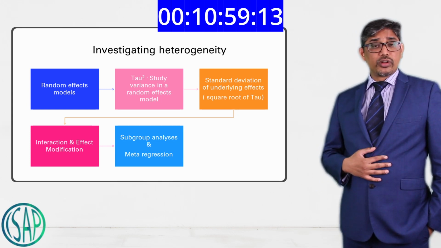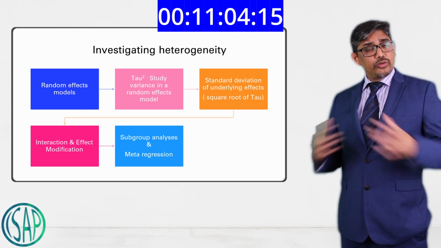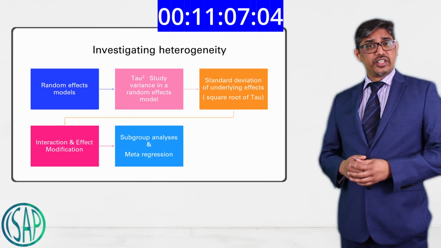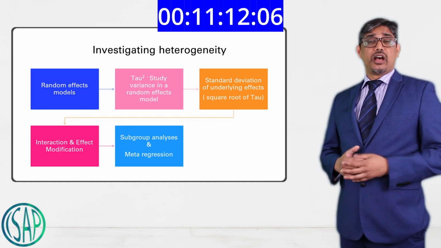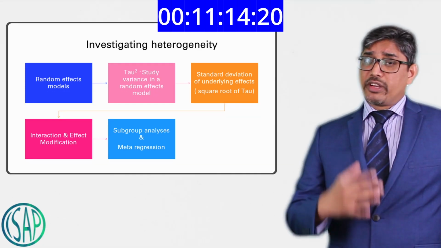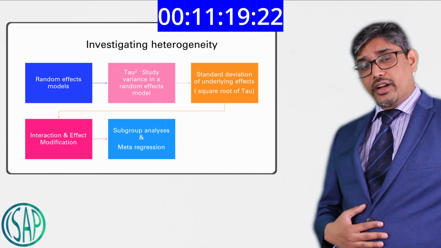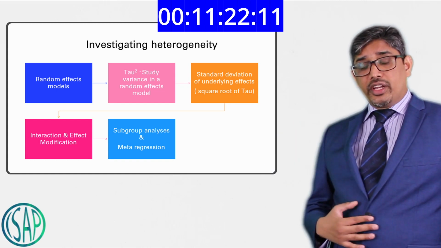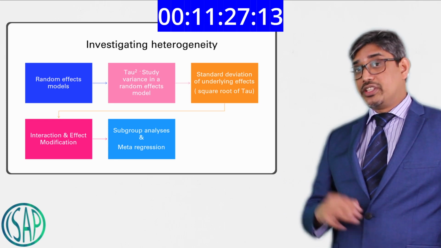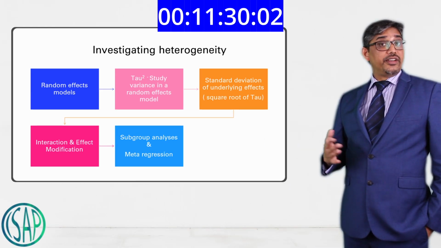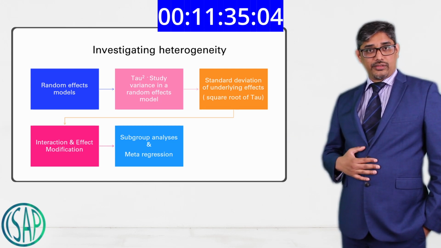So in a random effects model, we assume that each study design is different, and each study's outcomes are also slightly different from each other, so the statistical software is going to perform and give us I square and Q value. When you use a random effect model, automatically the software gives you how much is I square and how much is Q value. Even before jumping into I square and Q value, just by looking at the tau square concept, which is very important, tau is nothing but estimated standard deviation. The higher the variance, the higher the heterogeneity.